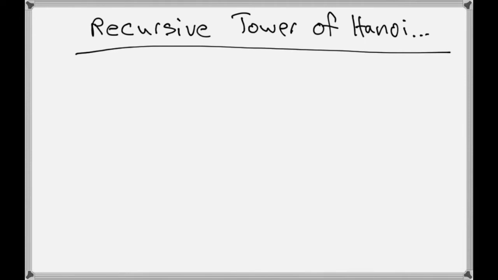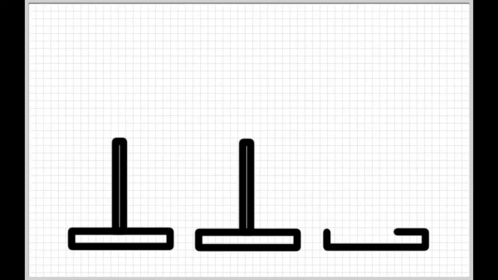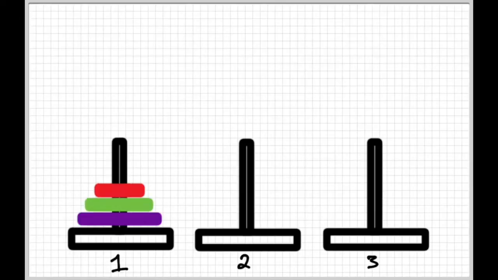All right, hello everybody. In this video, I'm going to present a recursive solution to the Tower of Hanoi puzzle. This is a puzzle that involves 3 pillars and a tower of discs, and the objective for the player is to move the tower from one peg to another, with the constraint that you're only allowed to move one disc at a time, and you're not allowed to place a disc on top of a disc that is smaller than it, right? Or in other words, at all times, the discs have to be stacked in this descending order in